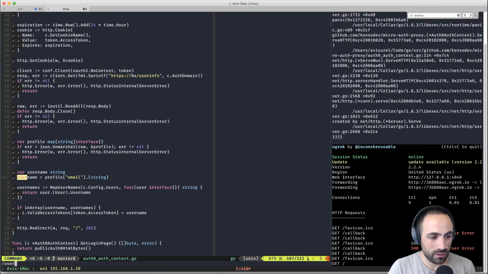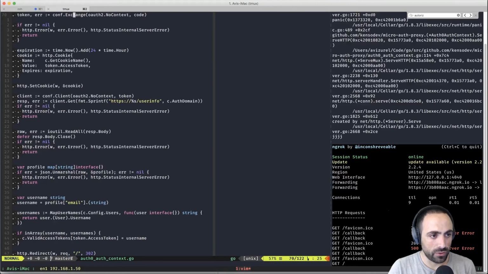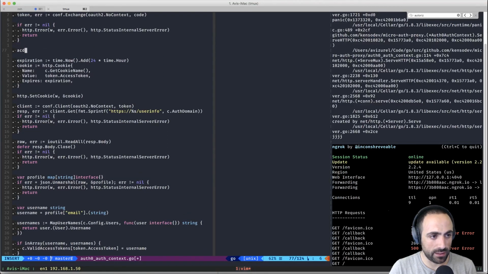Username, token, access token. Oh, you know what? Okay, so I think this should be here. Access token should be token.access token. And then this should be access token.